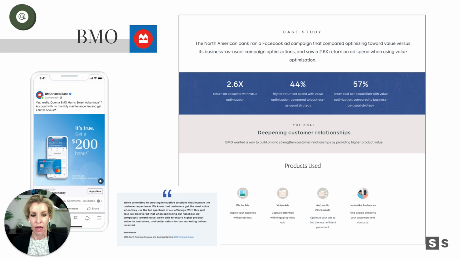Apply now. And then automatic placements. We'll see this when we get further along in this course, where we get to choose whether we want Facebook to decide where our ad appears in all of the different platforms and ad types, or whether we specify, nope, I only want this to show in Facebook stories.